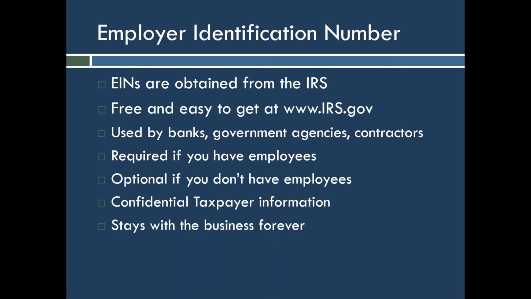The fastest way to apply for an EIN is online at www.irs.gov. Normally, they have a link for getting an employer identification number right there on their main site. Right now, they have some other things that are more prominently featured. So you can go to their main site and just type in their search bar EIN, and you will see a variety of links, including how to register for an EIN.